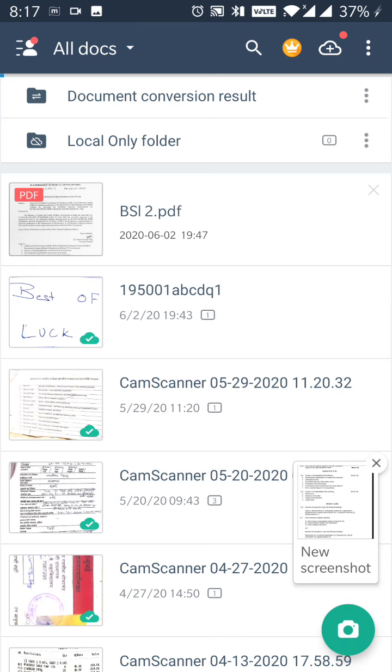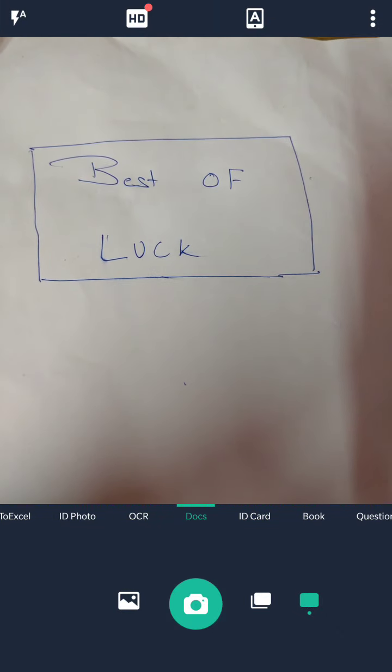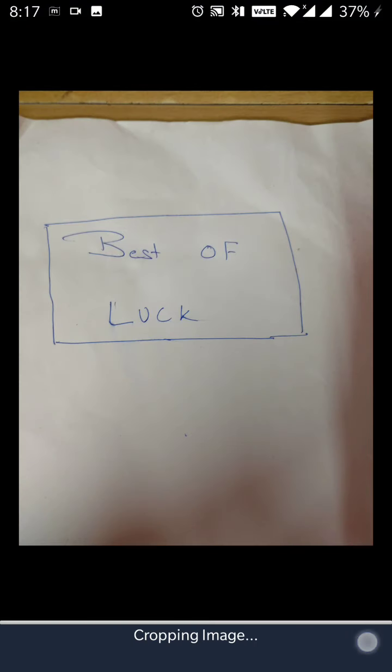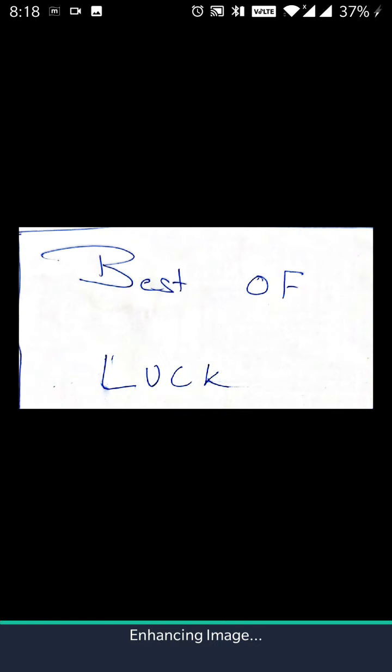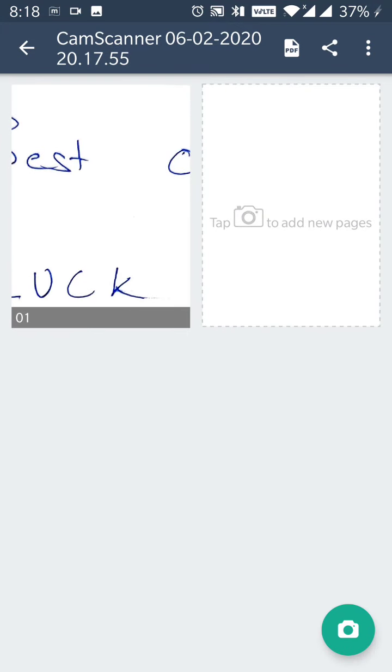I am creating another file for you. Click, scan it. Click, and you can add multiple files by clicking the camera. I think you already know this thing.